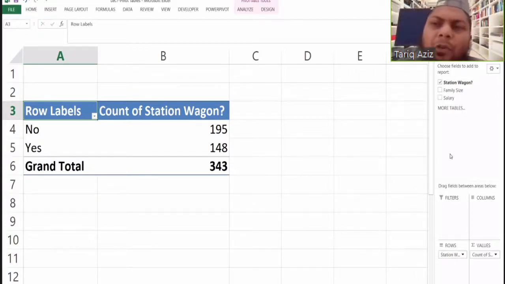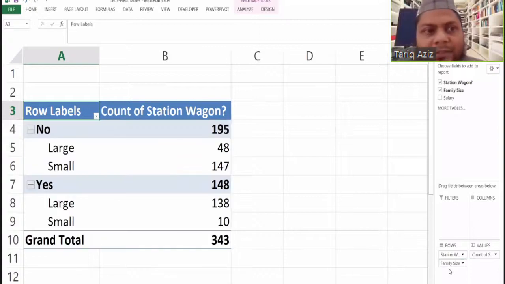Say for example, we want a breakup based on family size. I will drag family size here, and again a new table will be generated. Look at this table. Out of 148 people who own a station wagon, 138 people have said that their family is very large, and only 10 families have indicated that their family size is small.